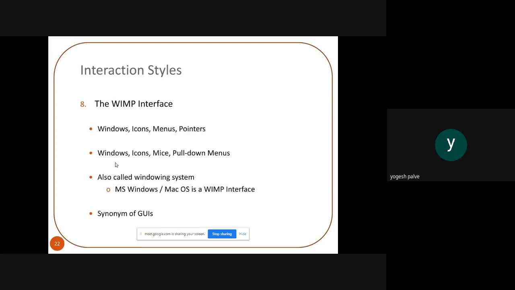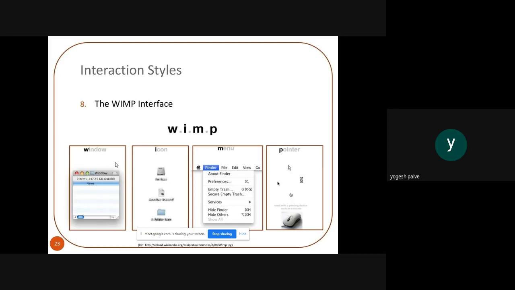As you all know, the best example is MS Windows, then the Mac OS operating system is the WIMP interface, best example. So Mac OS is the best example of WIMP interface. Then synonyms of the GUIs, it is also the best example. Here you will see in front of you, this is the diagram of windows, icon, menu, and pointer.